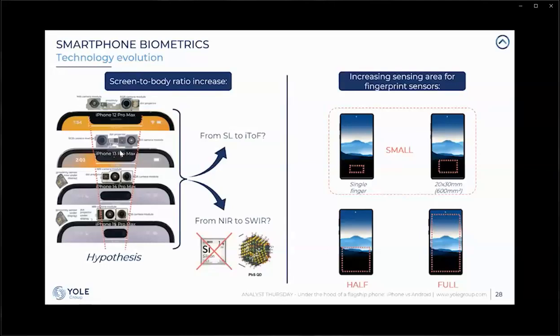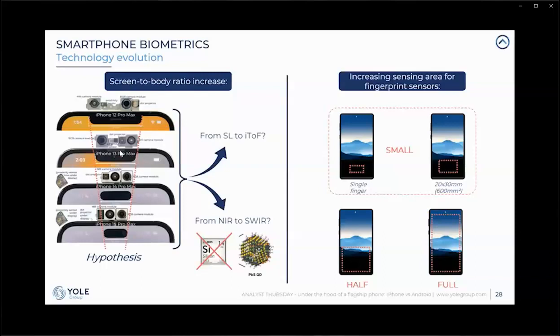So first of all, the technology that has been introduced by Apple in 2017 didn't evolve a lot, especially at the image sensor level. It's still the structural light method, which is used with the same image sensor inside. So we can expect, in the first step, an evolution from the structural light method to the iToF. This is also an evolution that has been observed in Android in the years before 2020, when Android phones adopted a bit more widely the near-infrared facial recognition technology.